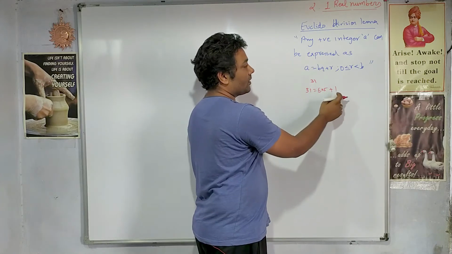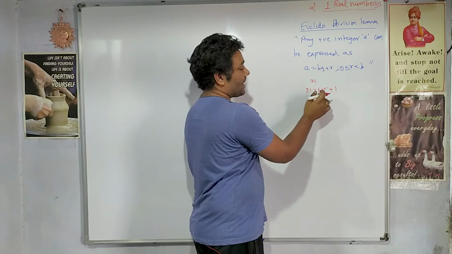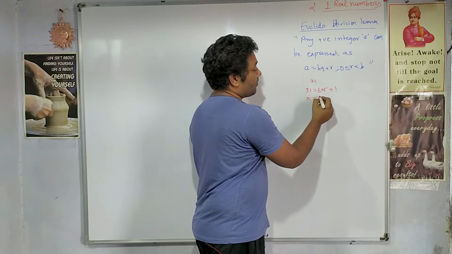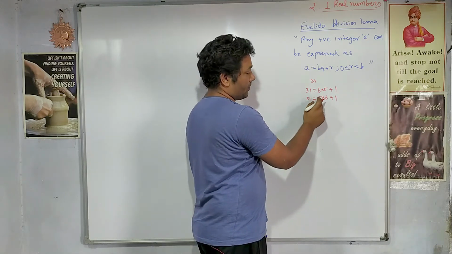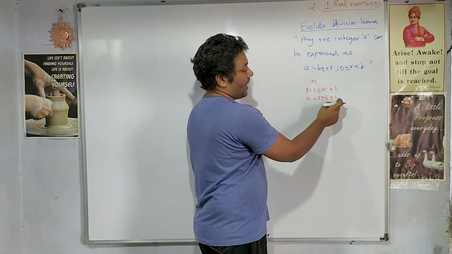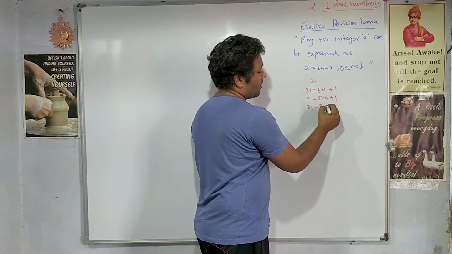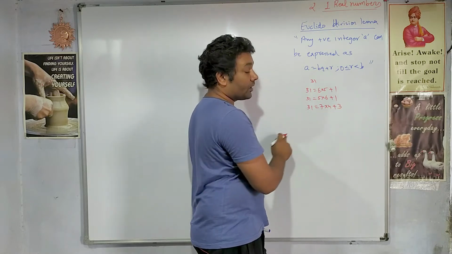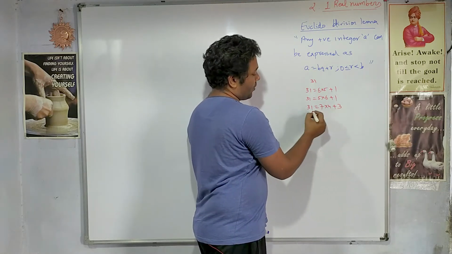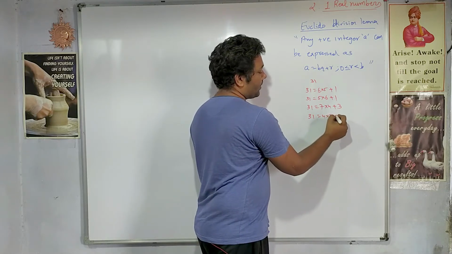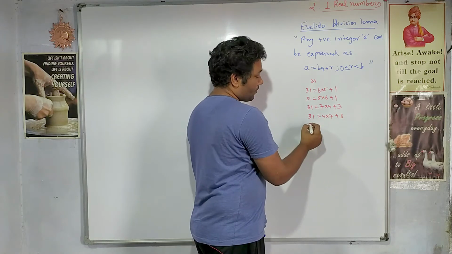Yes, it is as per the condition: r should be less than b. So 1 is less than b. 31 can also be written as 5 into 6 plus 1. Obviously again correct, r is less than b. 31 can be written as 7 fours are 28 plus 3, that is 4 into 7 plus 3. Again correct, r is less than b.